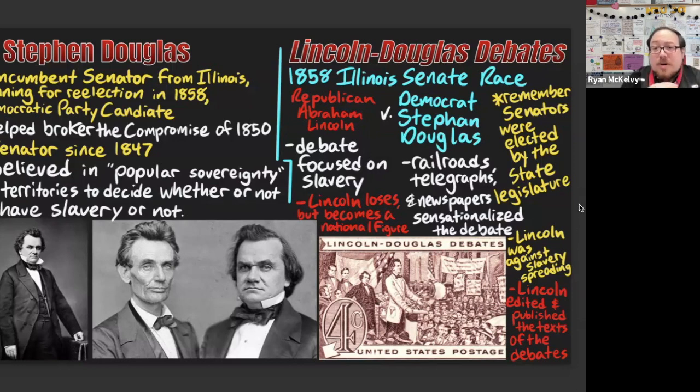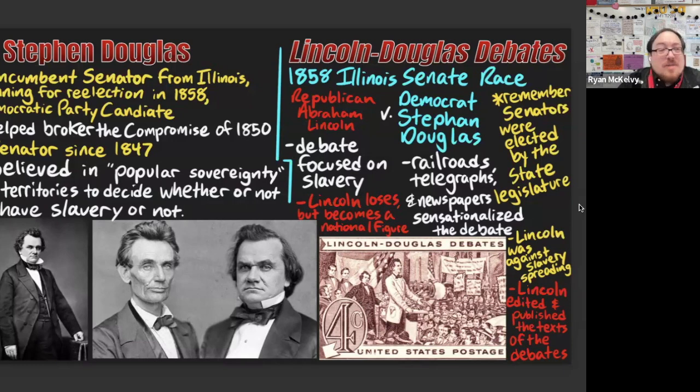The Whig Party had disintegrated, and now you had a new party. They disintegrated over the slavery debate, and because they hadn't really been able to find a base. Now you have a new party, and you have Abraham Lincoln, a young lawyer, who goes up against this incredibly well-known, important senator. The debate heavily focused on the issue of slavery,